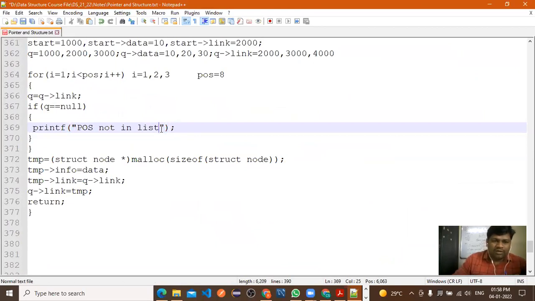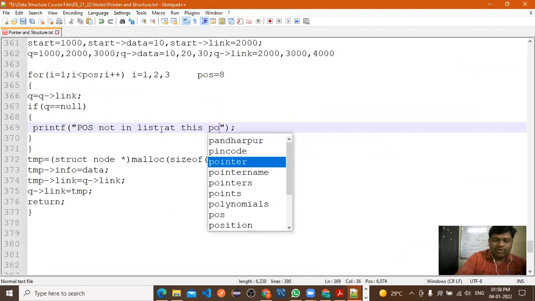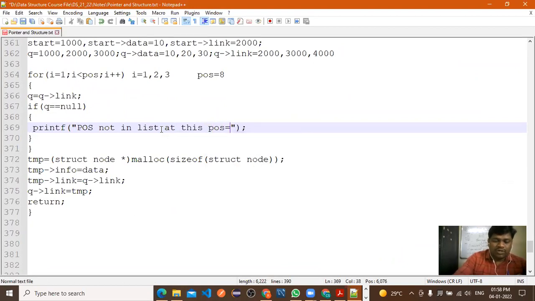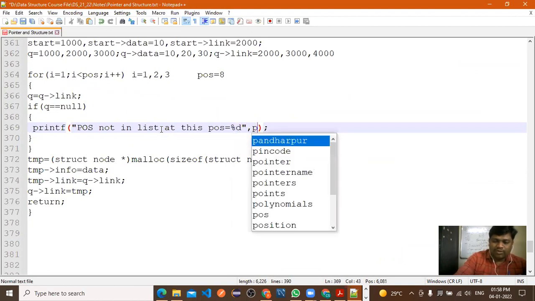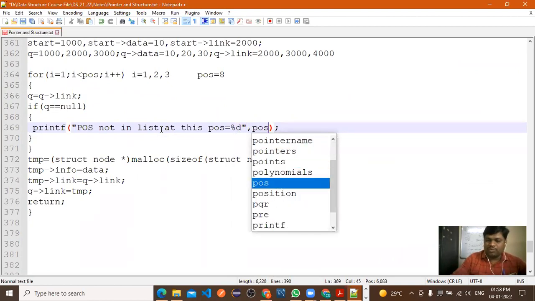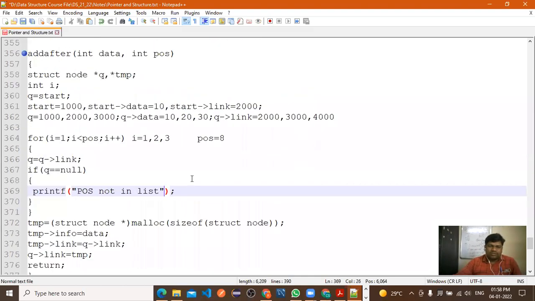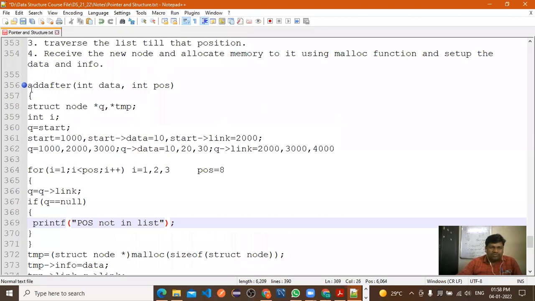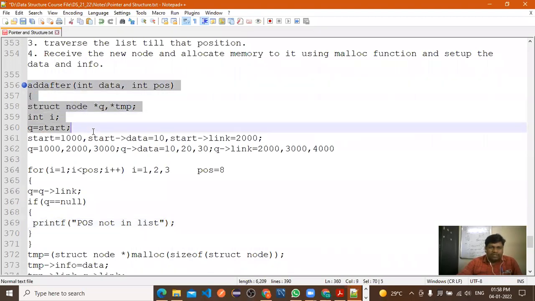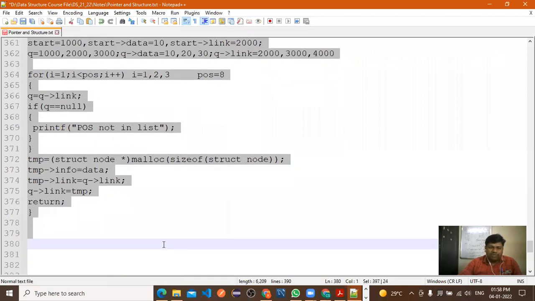Or we can't insert the element at this POS, equal to, you can do %d and here you can print the value of that POS also. No problem. So that is depending on you. So what you want to, right? So POS is not in list. Now this is about the add element at any specific position.